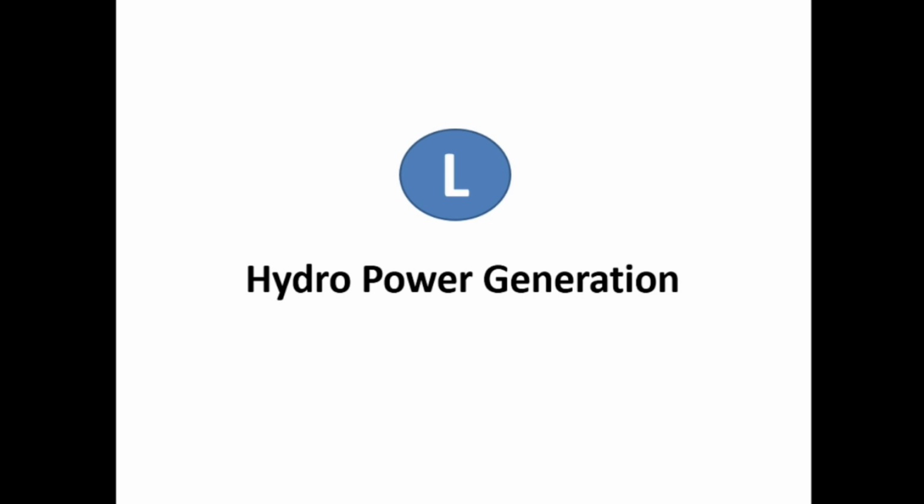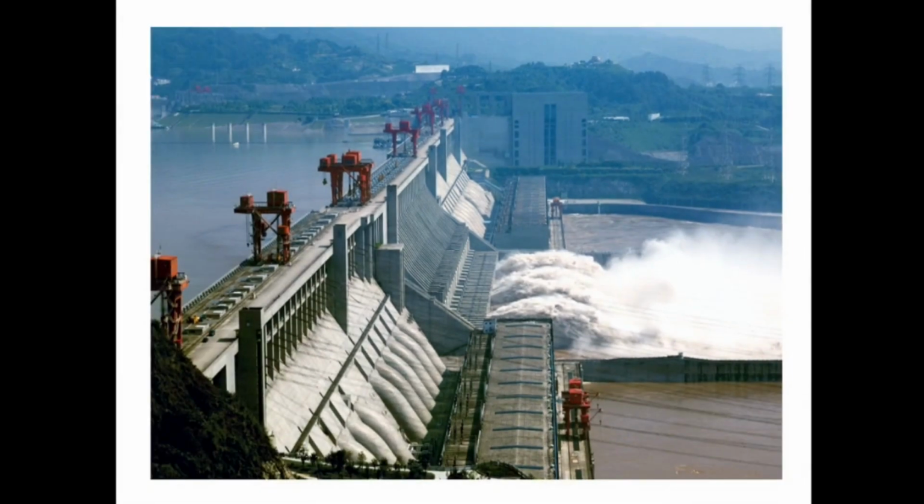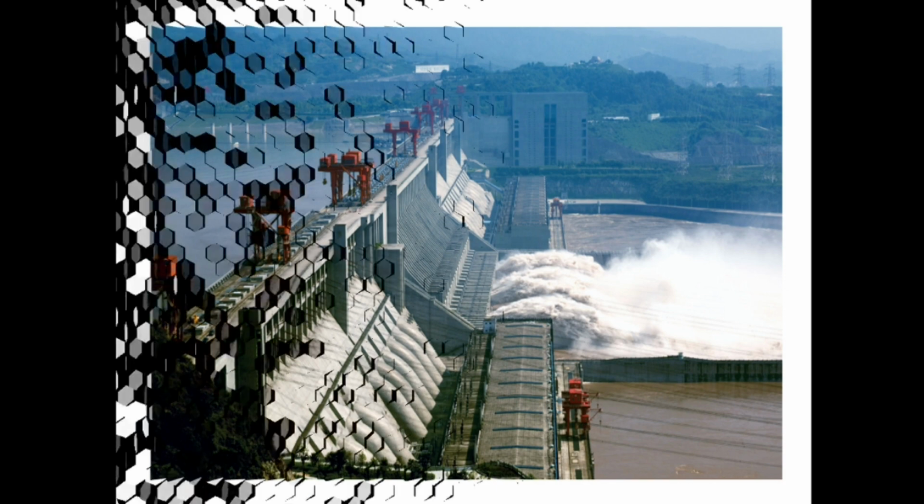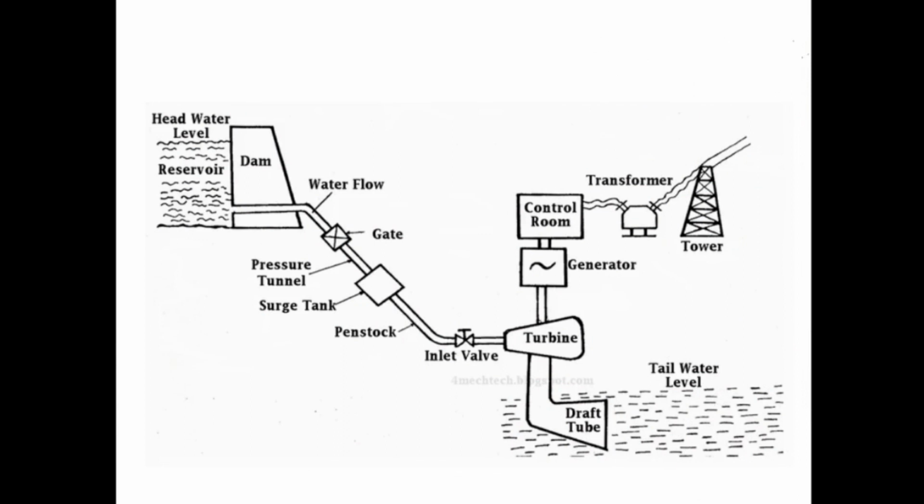Today we discuss hydropower generation. This is a dam. Today we discuss how electricity is generated from this dam. This is the reservoir. This is the reservoir full of water. This is the turbine, this is the generator, this is the control room, this is the step-up transformer and transmission